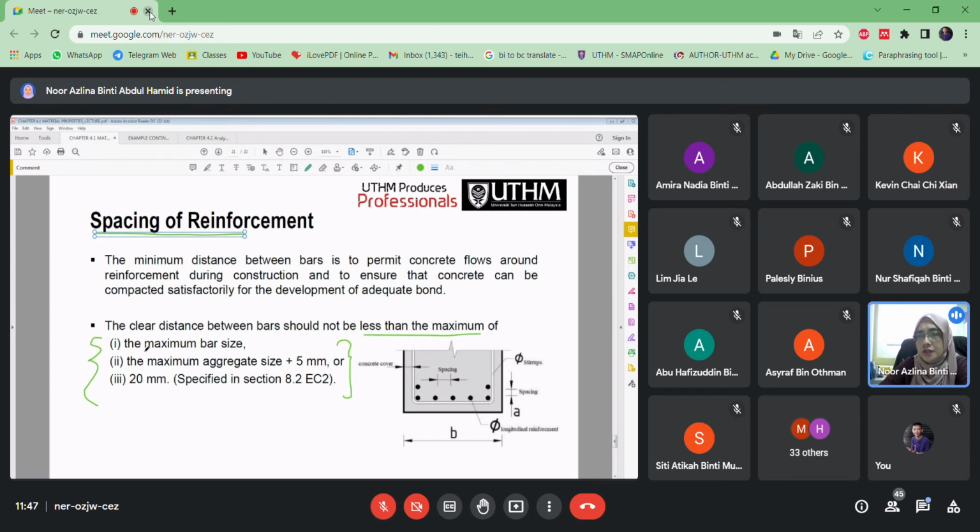Okay, the first one, the maximum bar size. Let's say if you provide different diameters of bar, you need to consider the maximum one as a consideration in order to know whether it is adequate or not once you want to provide the spacings. The maximum aggregate size, normally aggregate size is about 20 mm. So 20 mm plus 5,